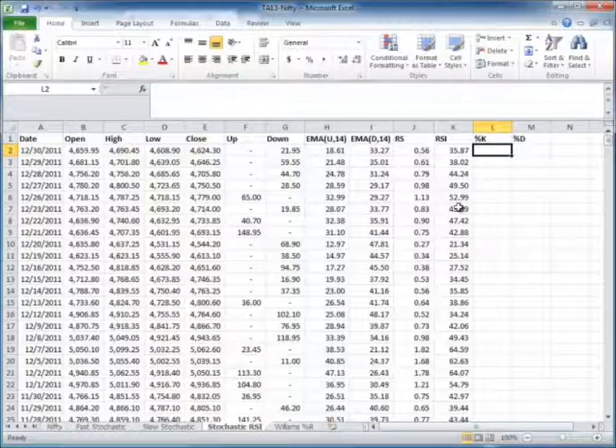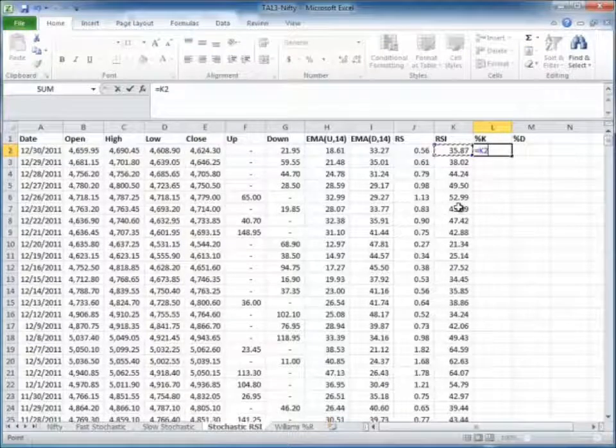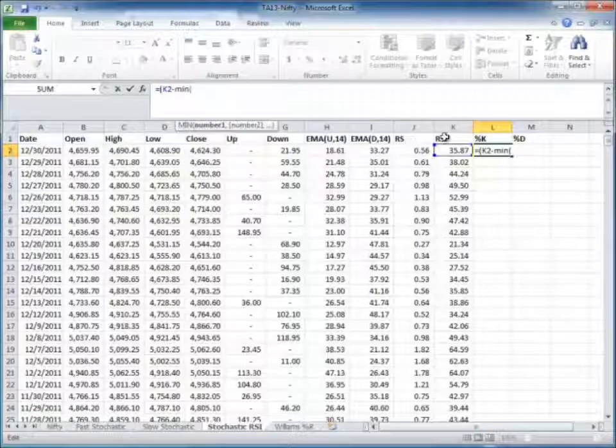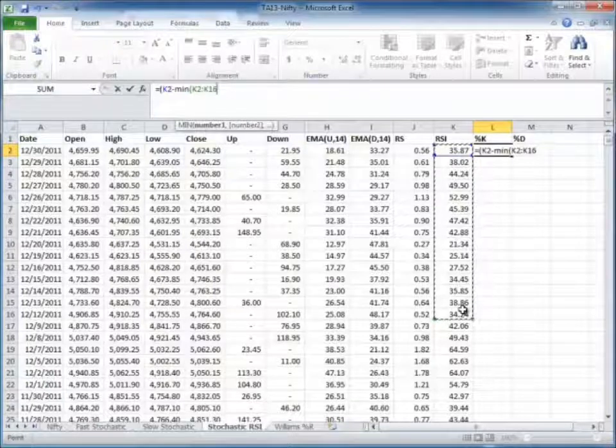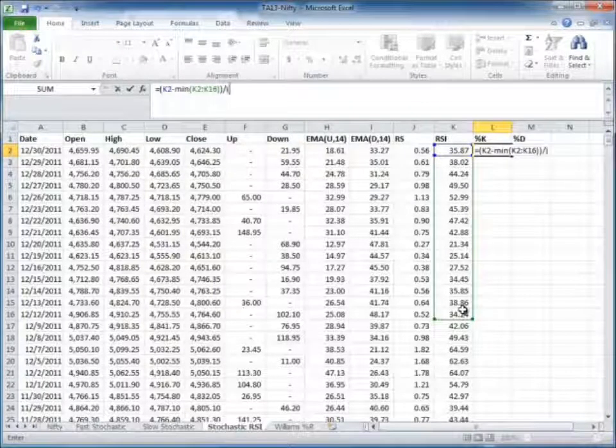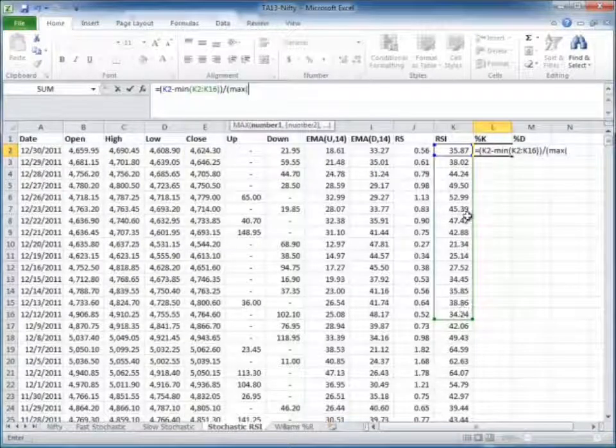My percentage K line will be equal to the current RSI, alright, minus the minimum of the RSI, and I'm going to do it for 15 days, which is the standard for the slow stochastic, not 14. So that will be from 2 until 16. Okay, divided by the maximum from K2 to K16